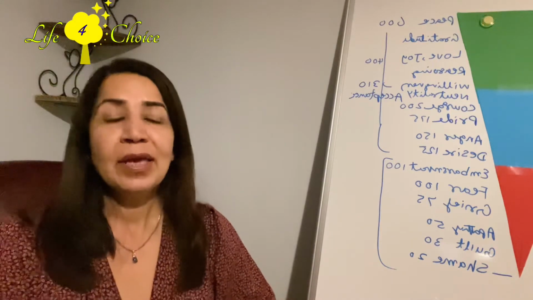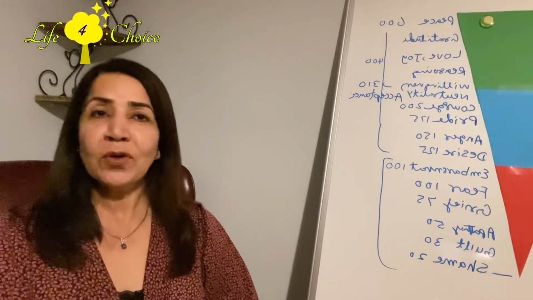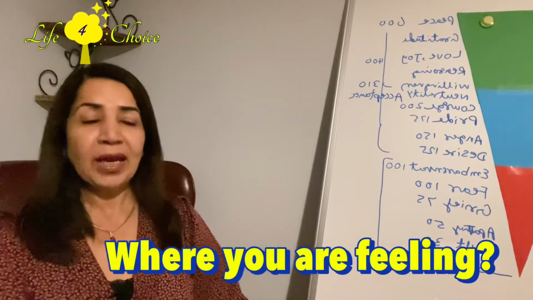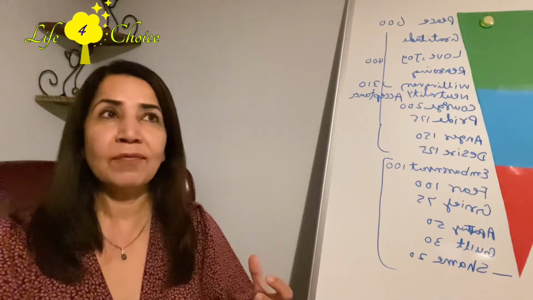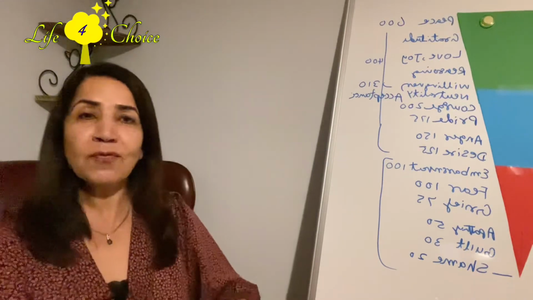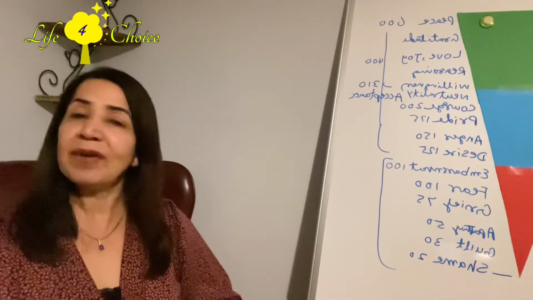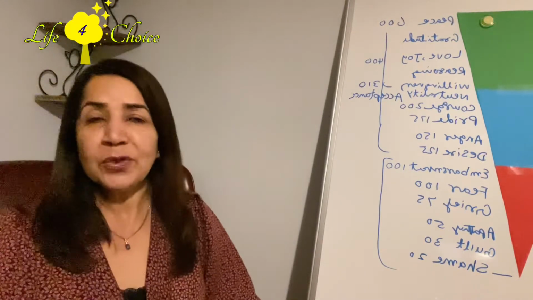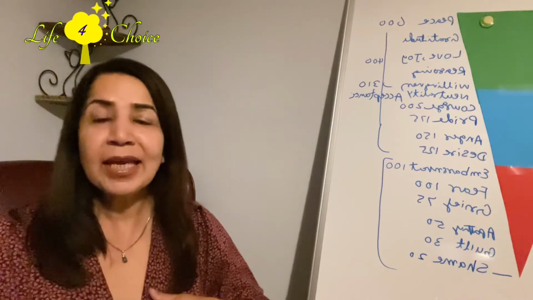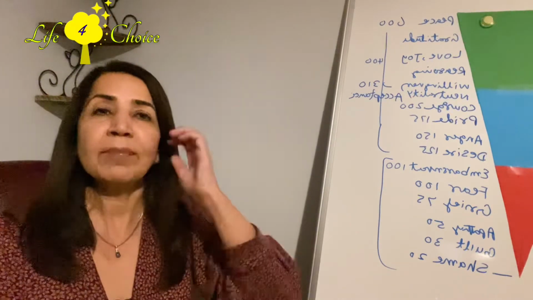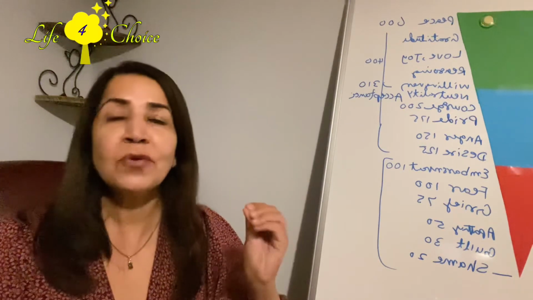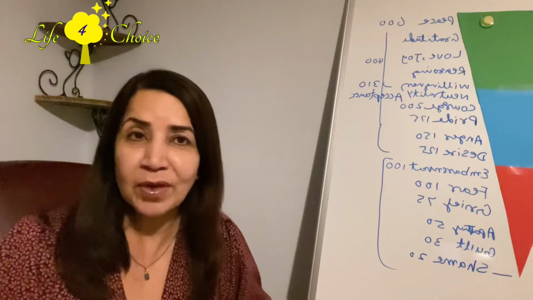Next step, now you will be watching where you are feeling this emotion in your body. For example, when we feel fear or anger, you notice that you feel it in different parts of your body. You might feel it in the base of your belly, in your stomach, in your gut, in your heart area, around your throat, or sometimes you get a headache. So another question is, where in your body are you feeling this emotion?